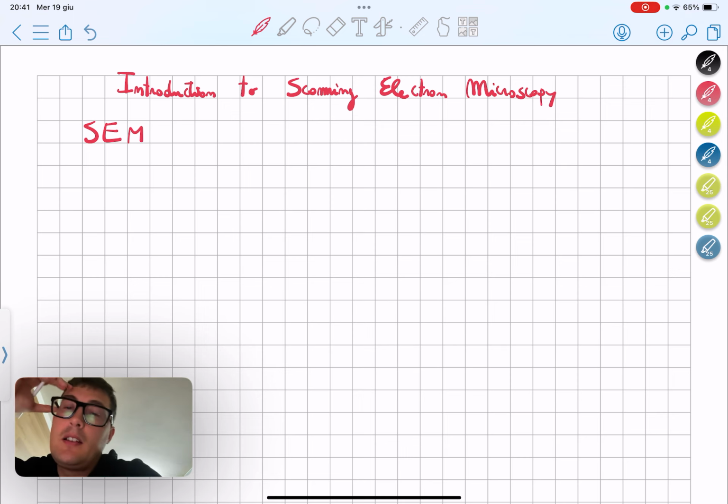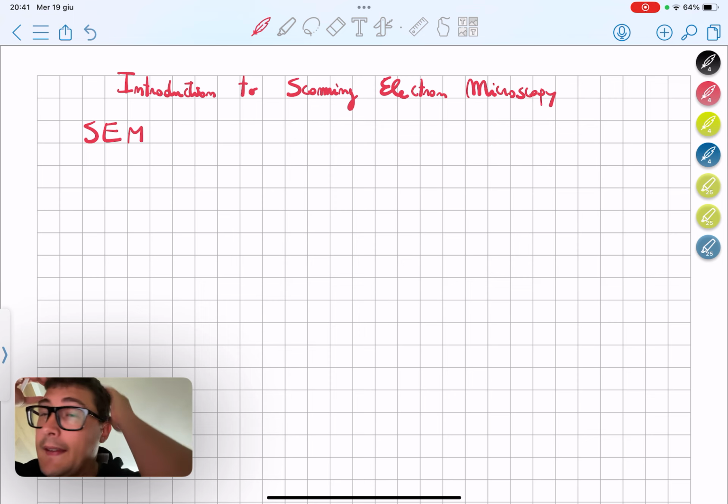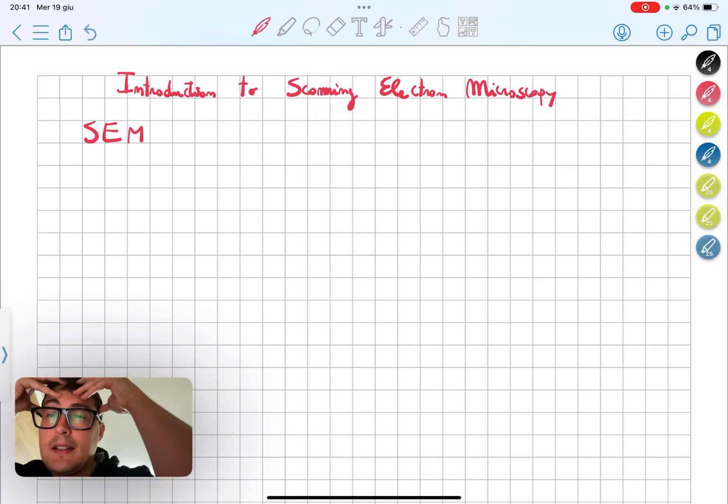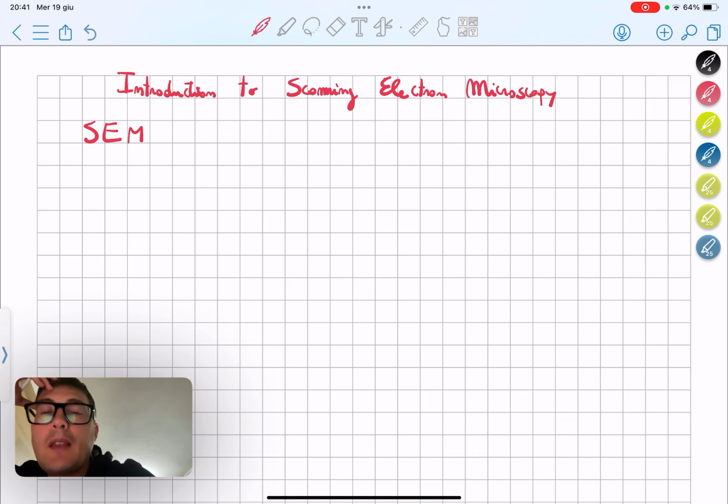This technique uses an electron beam on the sample, and it collects the signals coming from the interaction between the electrons and the sample, in a way that we're going to explain. And by mapping it onto a screen, it is possible to create very beautiful pictures